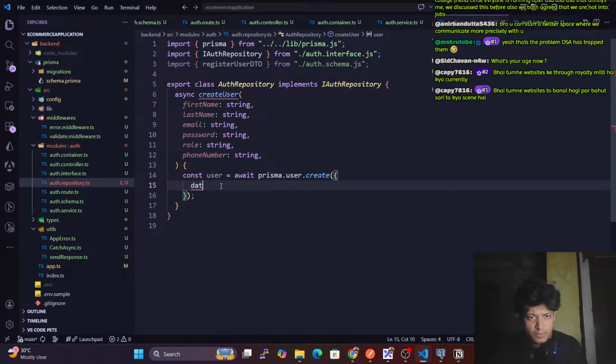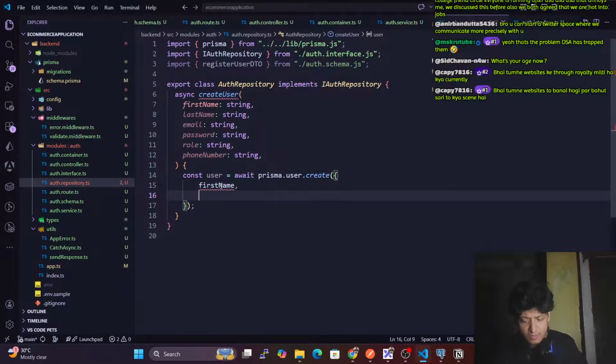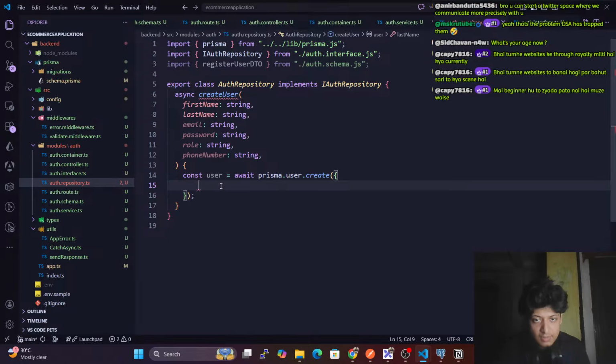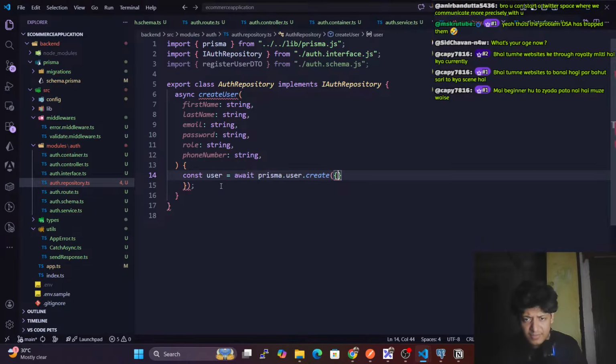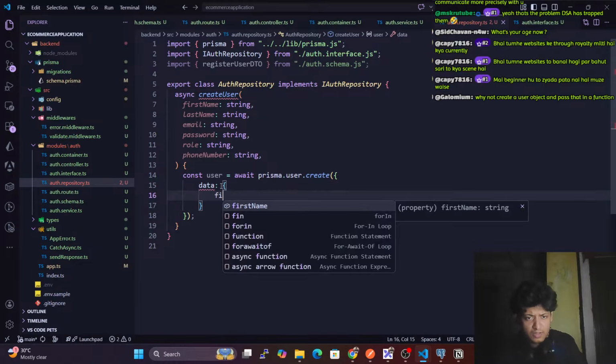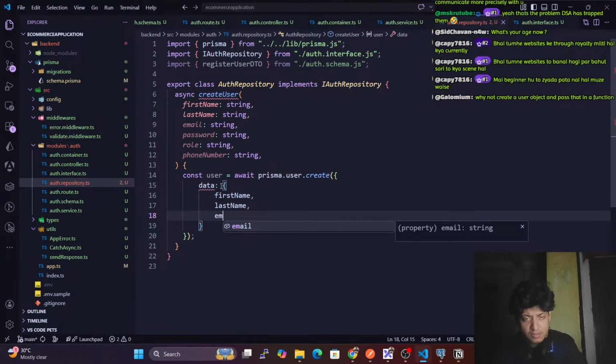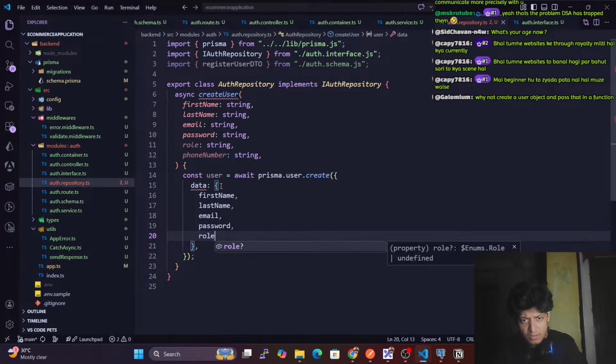So here what we can do is create user. We'll pass the first name. We'll pass the last name. Okay, data. First here we have this. Then in the data part we are passing first name, last name, email, password, role,